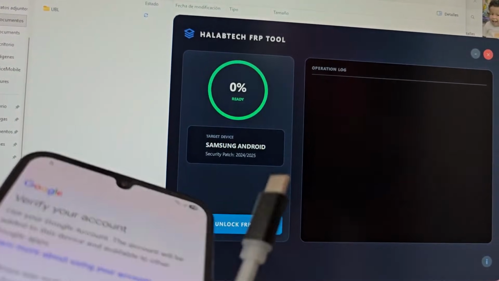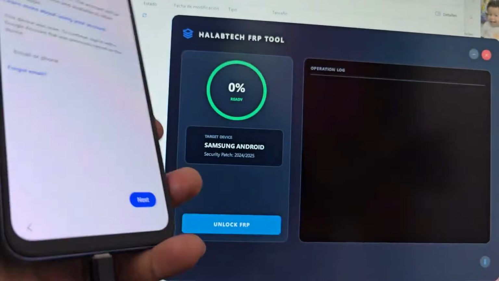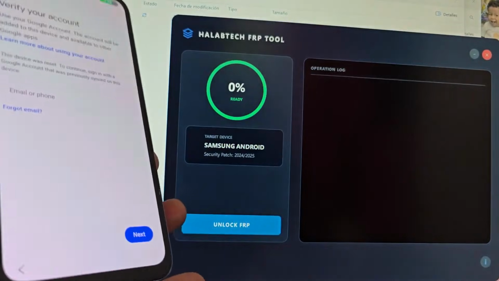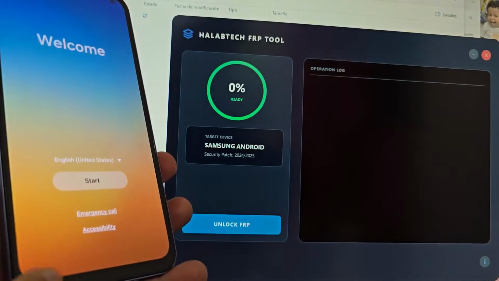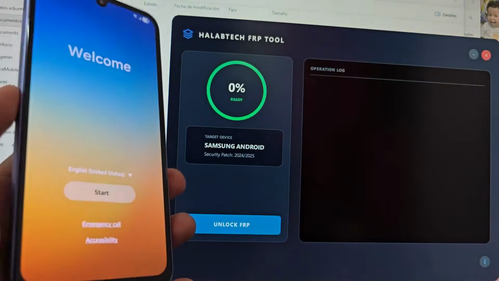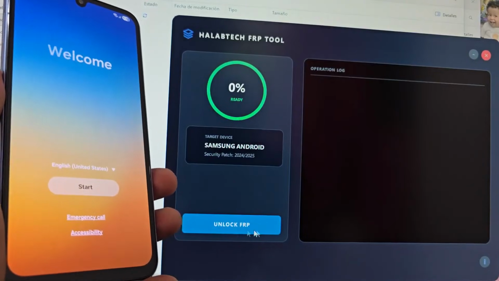But let's try the tool, let's connect it. We wait, we're going to connect it. Let's go back to the Start menu, here in Start we're going to apply the process. We click here, it tells us that